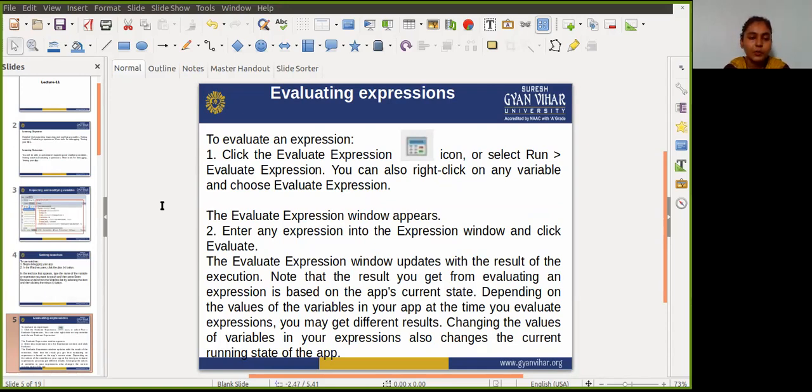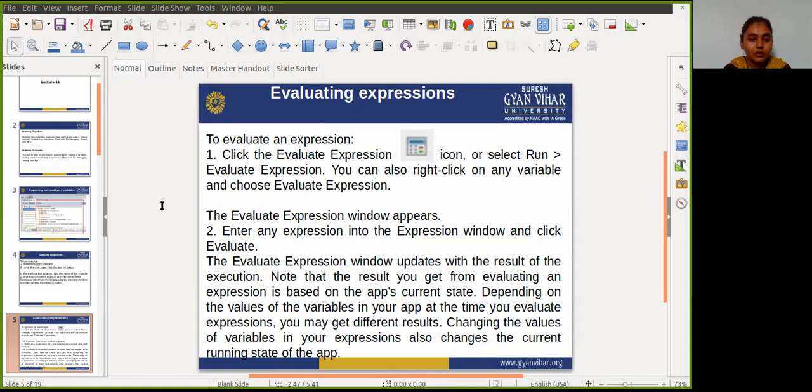To evaluate an expression, first click the evaluate expression icon, or you can directly select run, where you will see the evaluate expression tab. Just click on that. You can also right click on any variable and choose evaluate expression. So there are three ways of invoking the expression. The evaluate expression window appears.